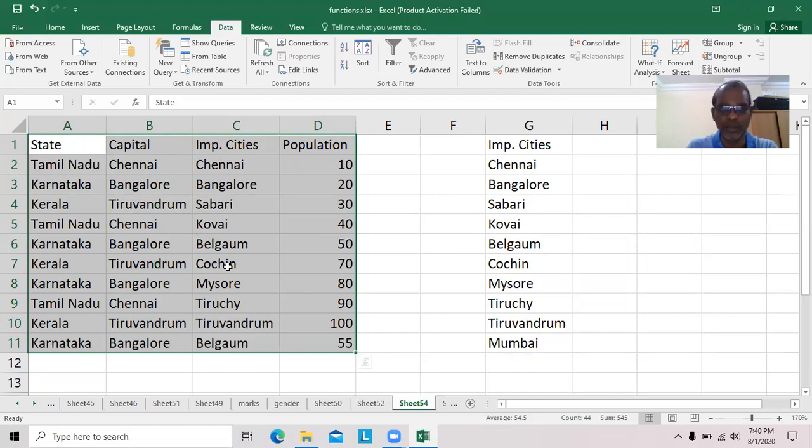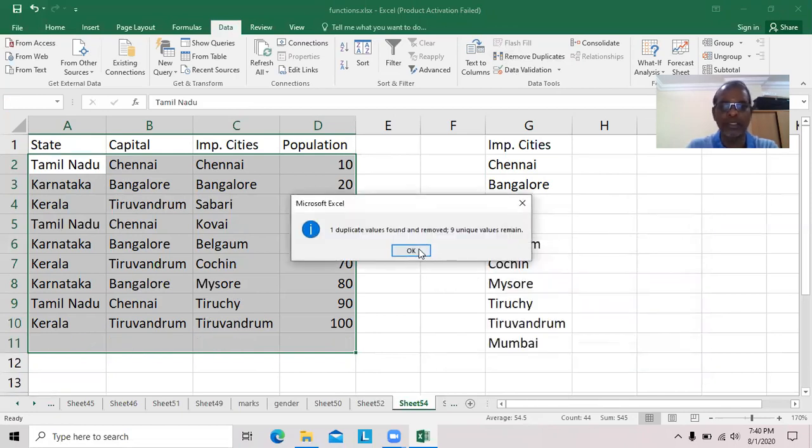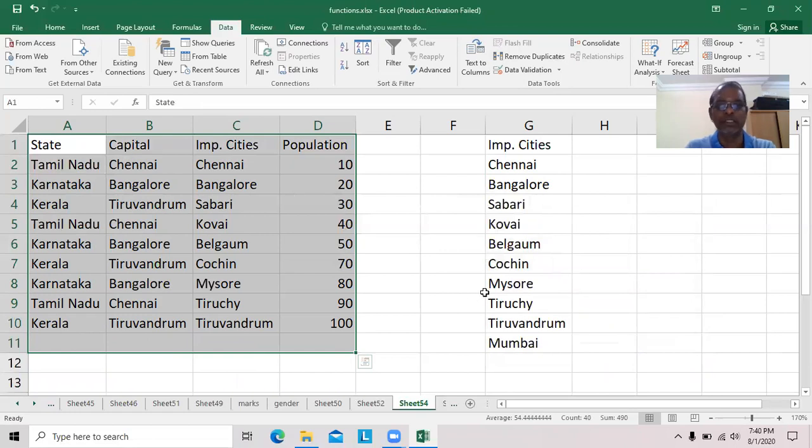That should be removed. Then we have to remove all the tick marks here other than important cities. Now we have to check only important cities. No need to worry about state, capital, as well as population. Here Belgaum, that's all. This Belgaum will be removed. Okay, this is the usage of remove duplicates.